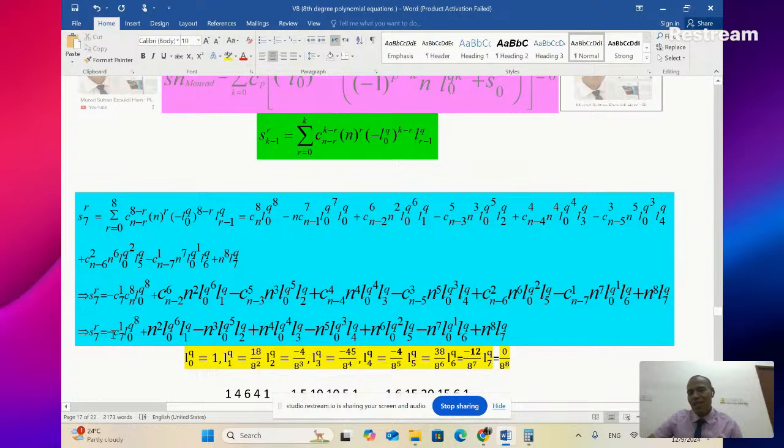Why this one negative sign? Because 7 is an odd number. Okay, so it will be minus combination 7 choose 1 times L0 of odd q raised to the power 8